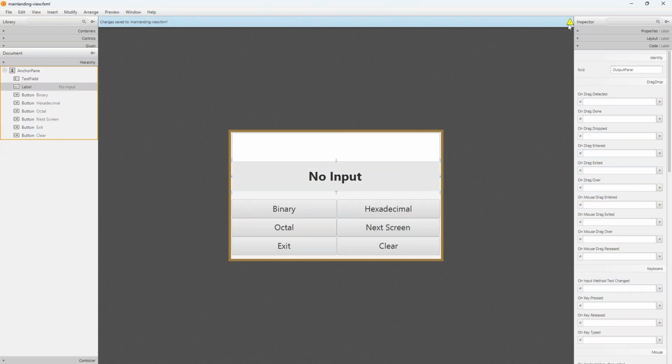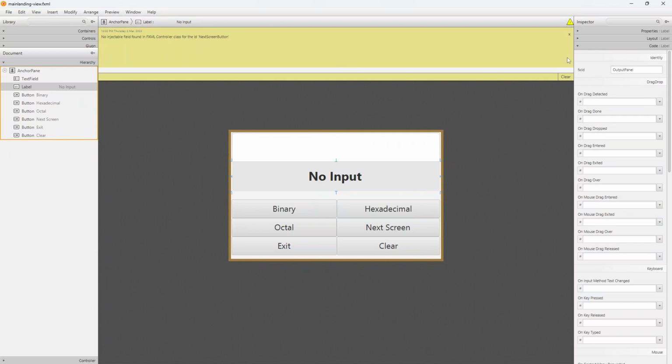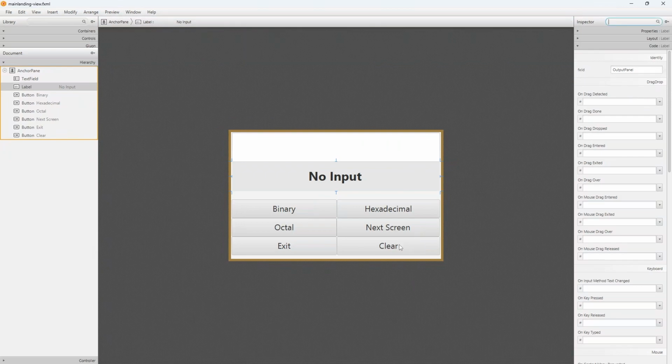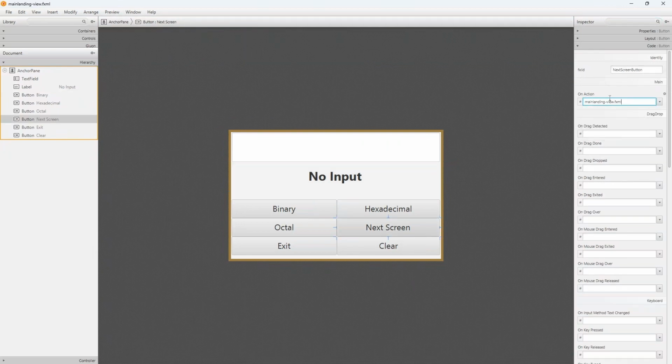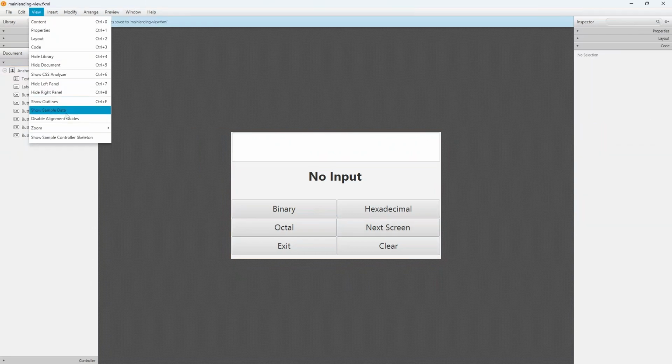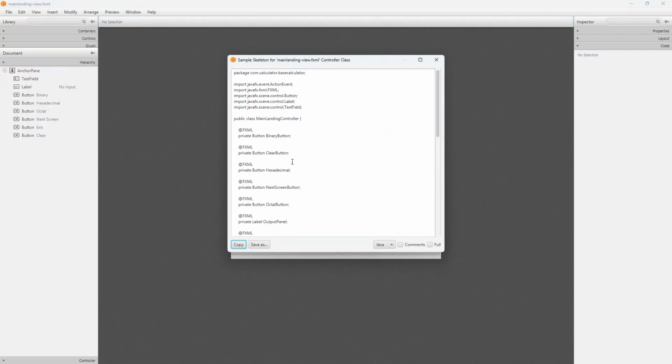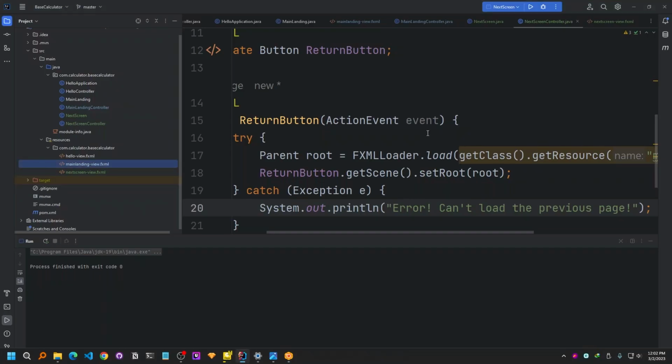Oops, what did I do wrong? All right, I'm gonna check that later. Sorry, I'm gonna use another method for it. Let's say I'm giving the same name, next screen button. Control S to save. Click on view, show sample controller skeleton, grab the FXML for the private button, and